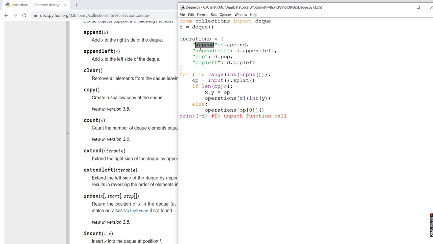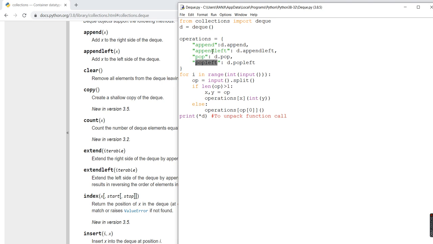First is append, then append left, then pop, then pop left. Append and pop basically work in the same way as in the stack. It will pop the element from the right hand side, but append left and pop left will do the processing on the extreme left hand side, as the name suggests.